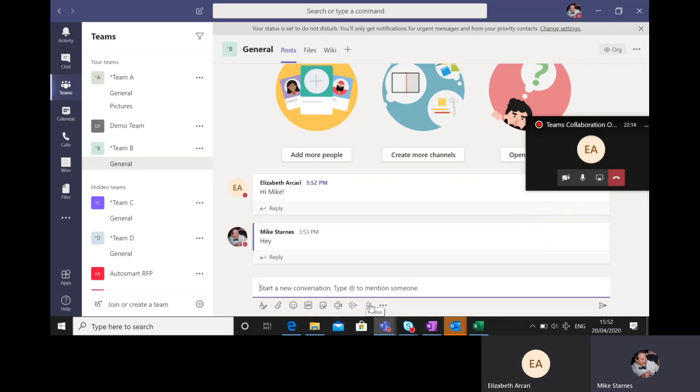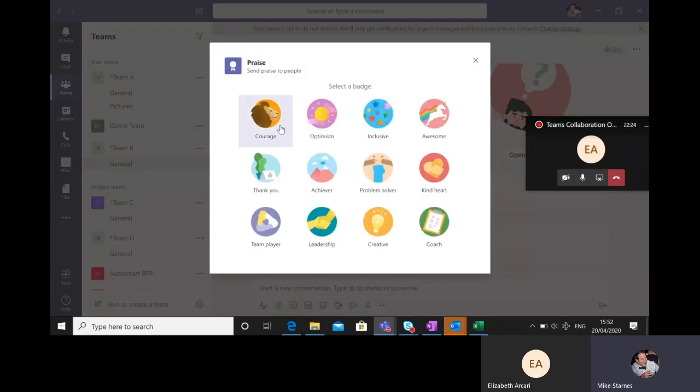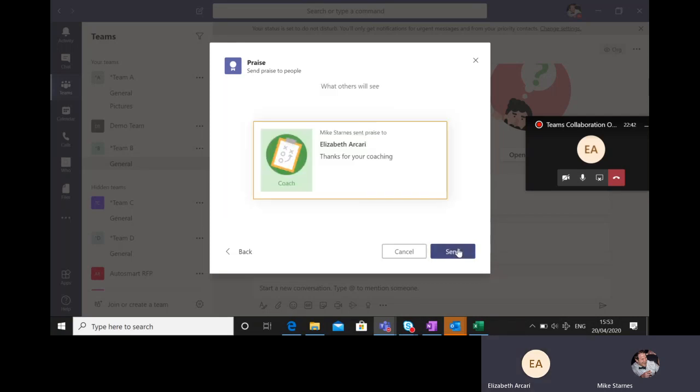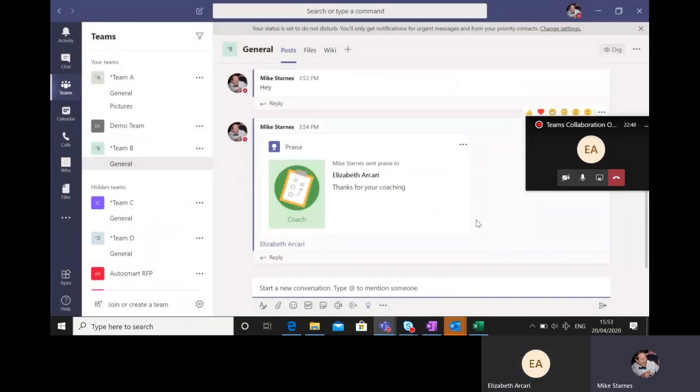There's also some other neat things whereby if you're part of a group, particularly now you're working remotely, you've got the ability to kind of give people some praise as well, which is rather nice. I can thank you for coaching me recently, which I really appreciate. Well, you're very welcome. Coaching on how to spell, I think that should be. The pressure of the typing. Exactly, yeah, always the way. And that then shows up. So that's quite a neat feature as well